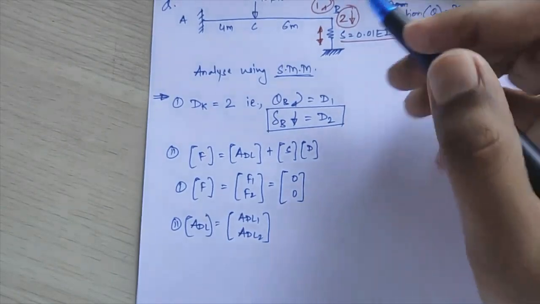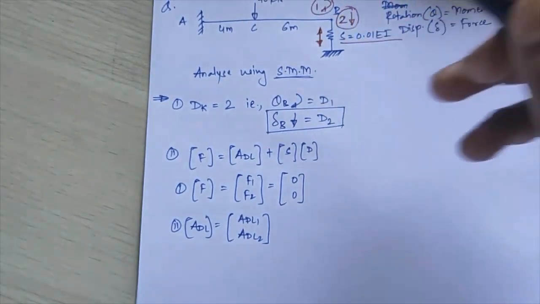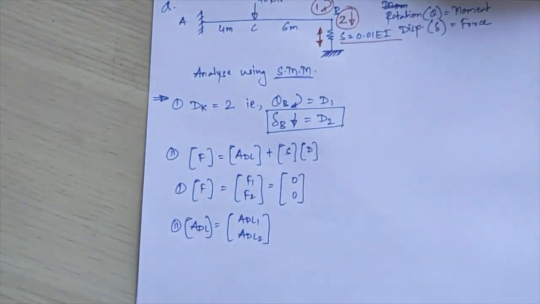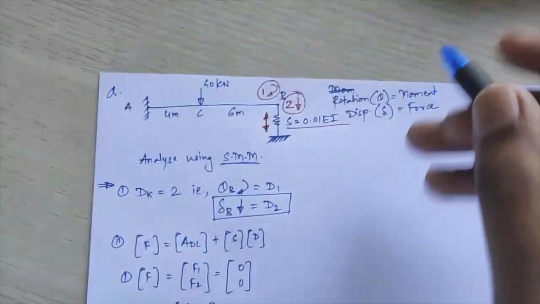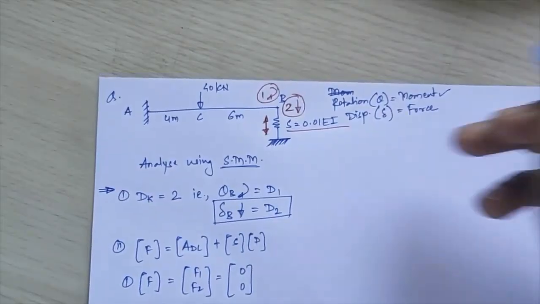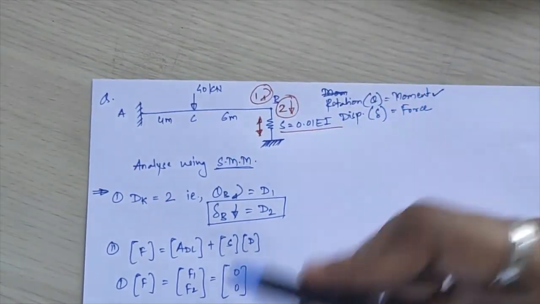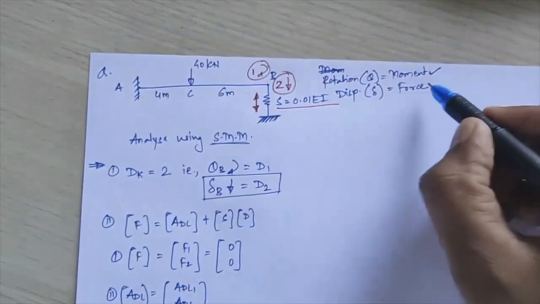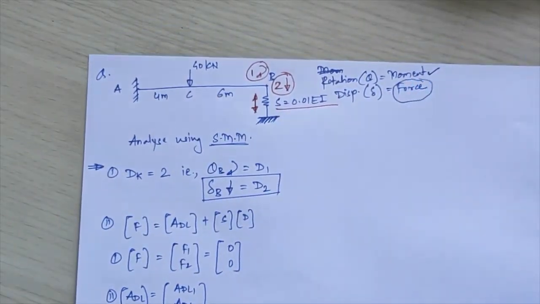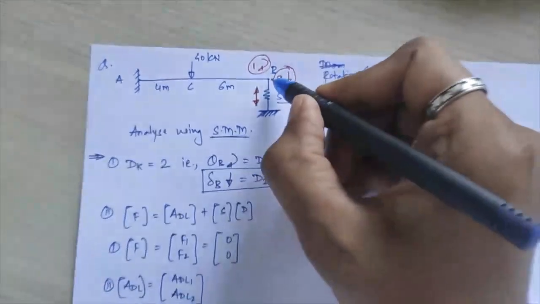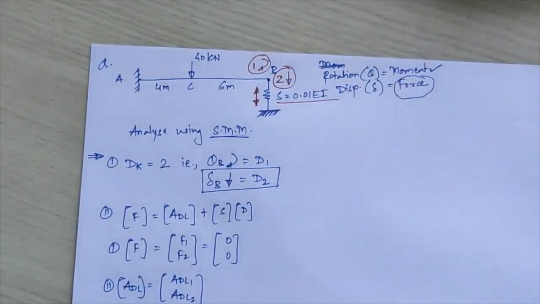Okay, so what you have to do, you have to calculate the friction moments for this, but that friction moment will be in terms of moment values. So that will be useful for the first point, that is if theta is the redundant, you need to calculate the moment. But the fixed moments we calculate will not come into effect for this force. So for that, you need to calculate the reaction at this point. So one by one we will see. So first what I'll do,